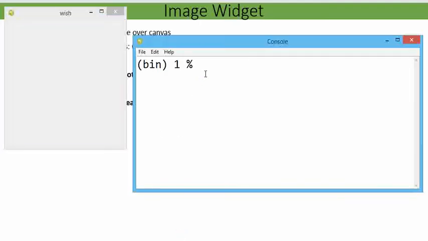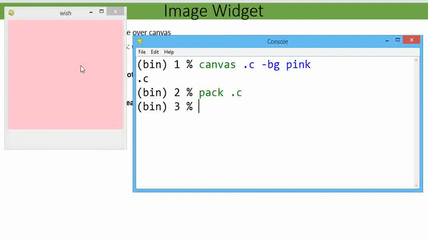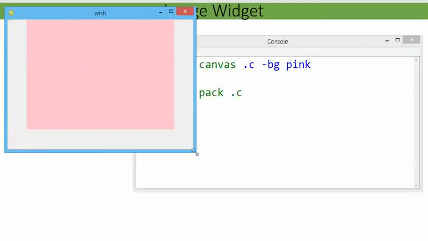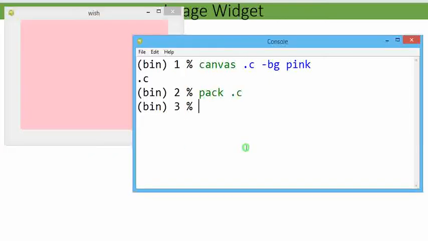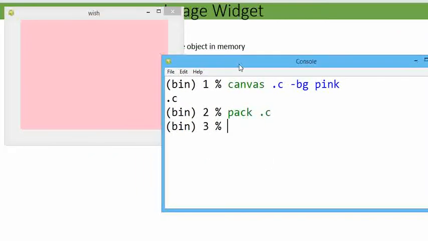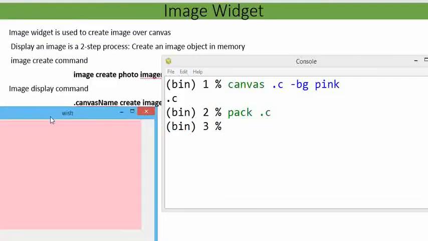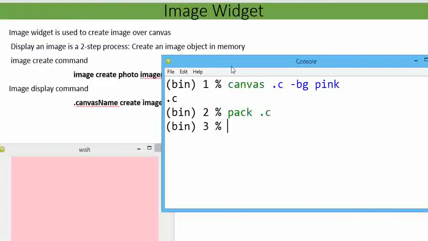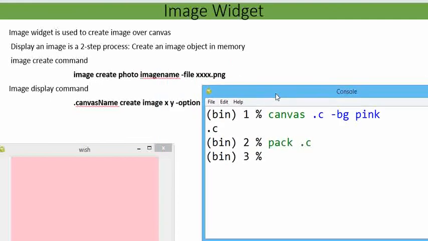First of all invoke a canvas .c. I'm going to put -bg, suppose pink, pack .c. Okay, we have seen a canvas has appeared with pink color. Now over this canvas space I'm going to put the and.png. For that, as I have told you, we need to follow two commands. Image create photo.